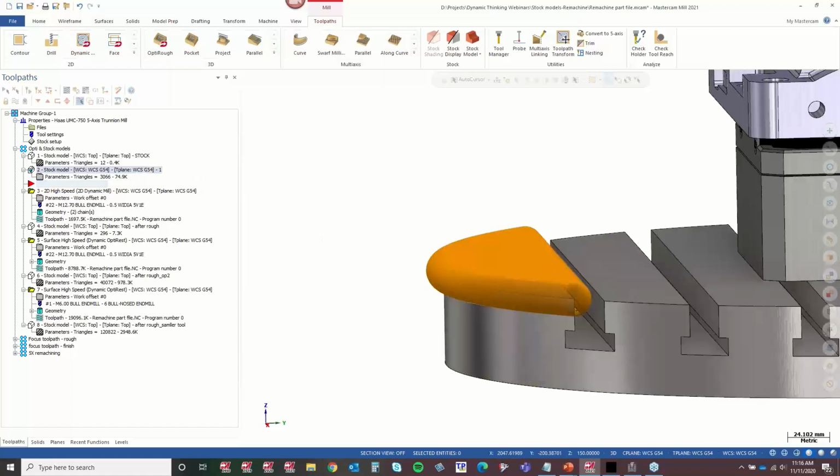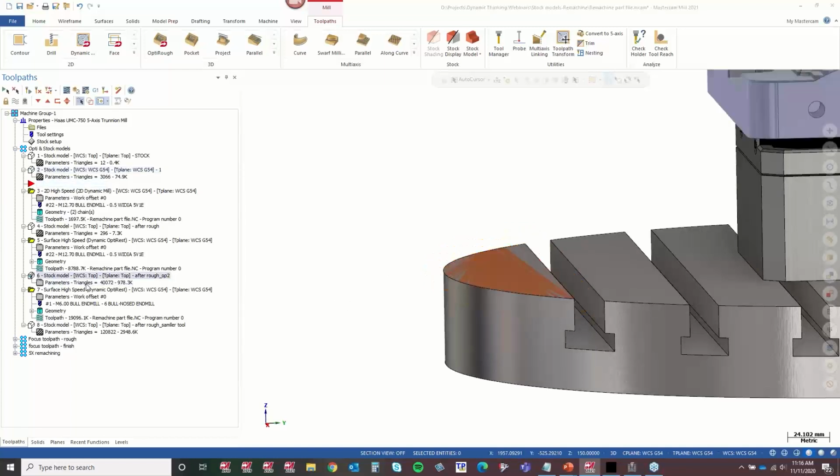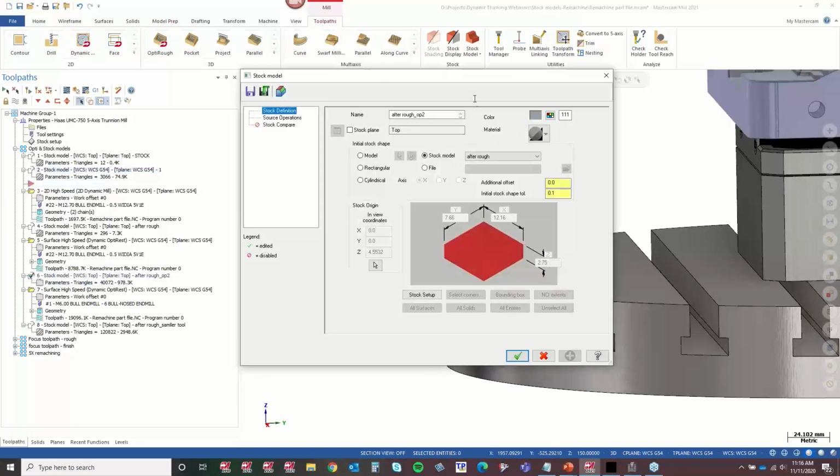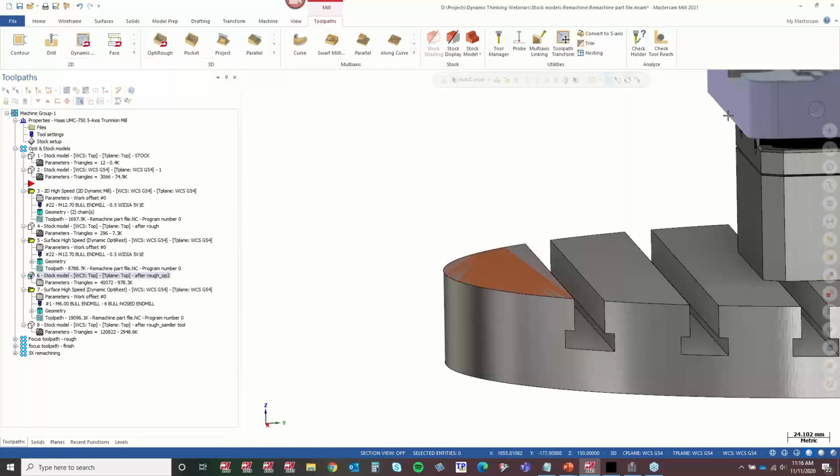I got a question. Can you add material to the stock model after a toolpath? Of course you can. If I've got this stock model halfway down through my ops manager, I can add additional offset to it. What that is going to give you is, if you had a really difficult to machine material, more of a safety zone when you're leading into the material. But it is going to give you more air cuts, right? Because you're telling the toolpath that there's stock where there actually isn't. So that was a good question, though.